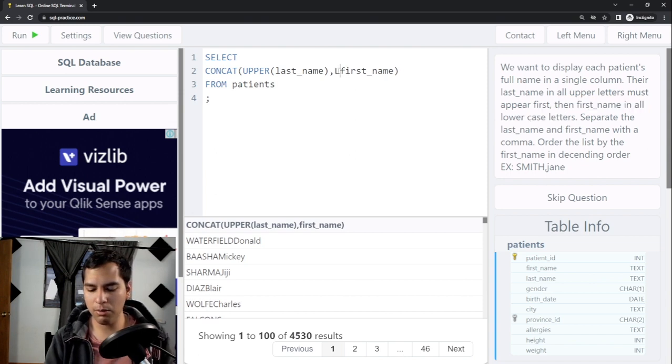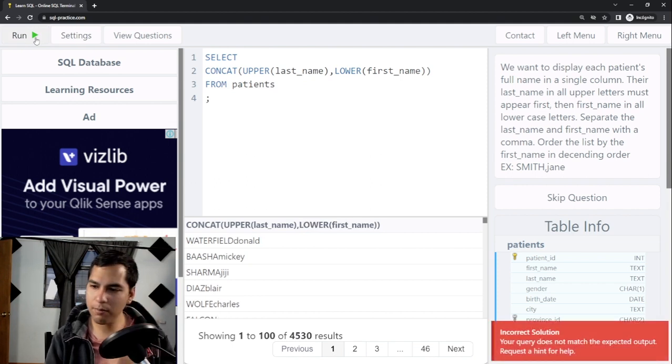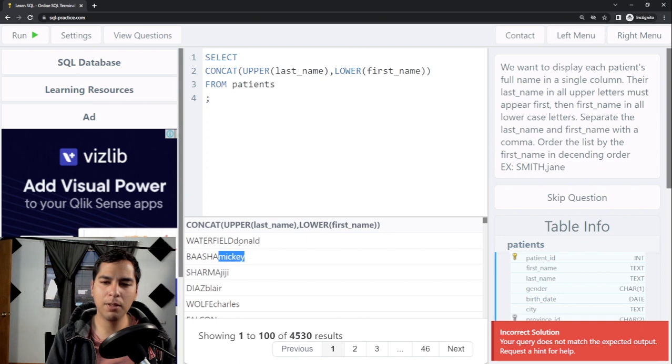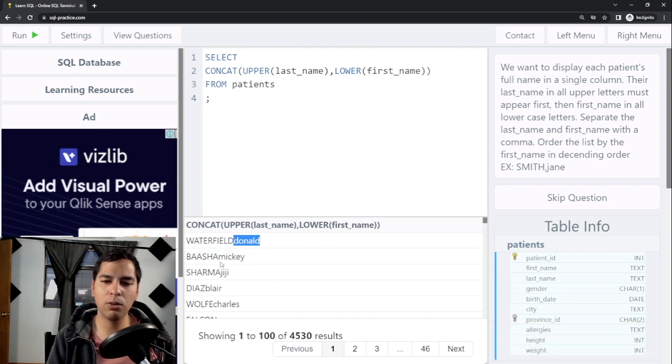So I can do the same, lower, and I can close the name of the column in parentheses. And if I run this query,